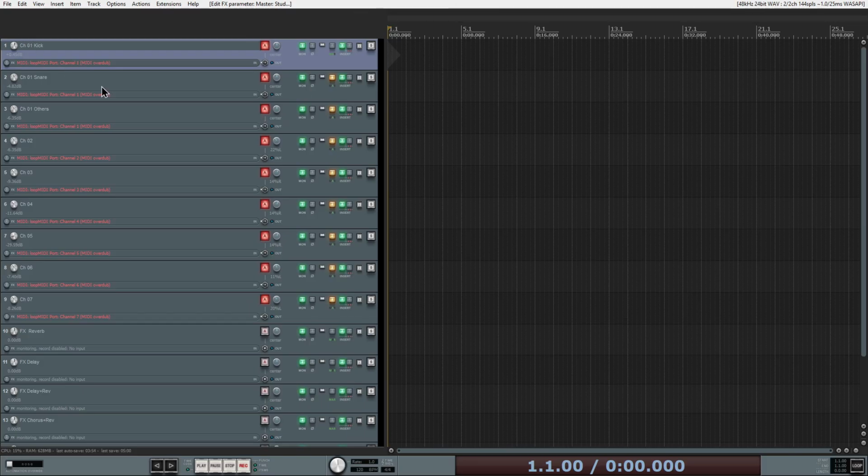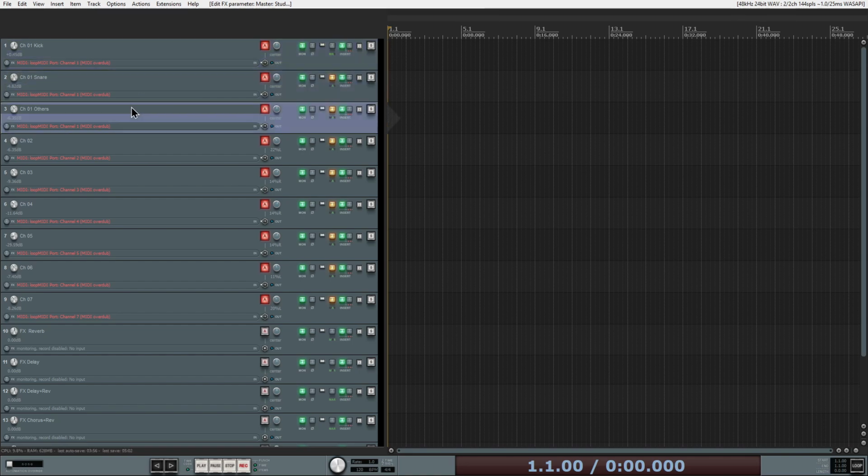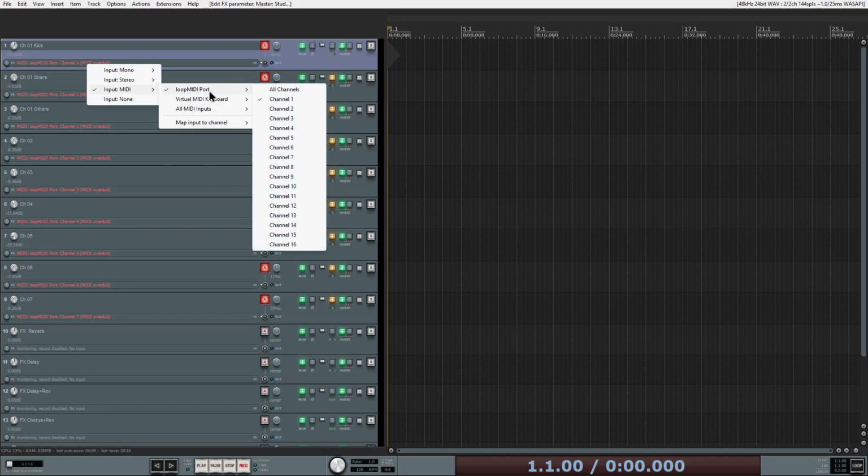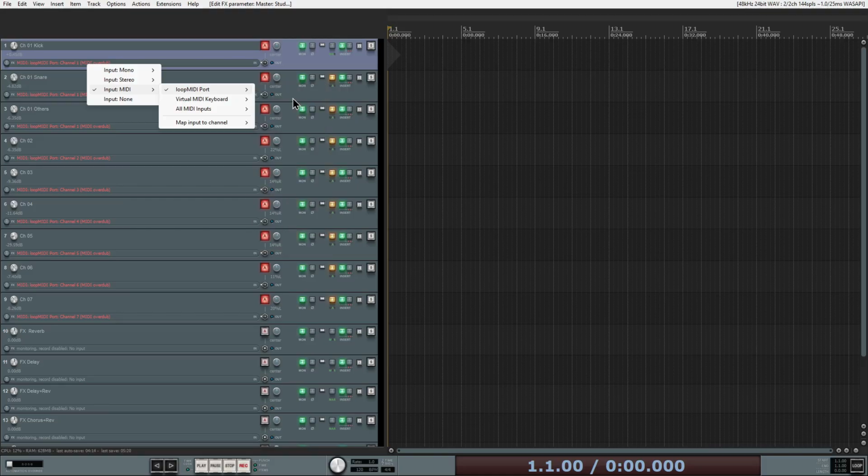And you can see here I have channel 1, 3 tracks using channel 1. And then on the MIDI inputs, I just select MIDI input, the Loop MIDI, and channel 1. So this way it's going to filter all the channels and only input channel 1. So if I press here on my keyboard,